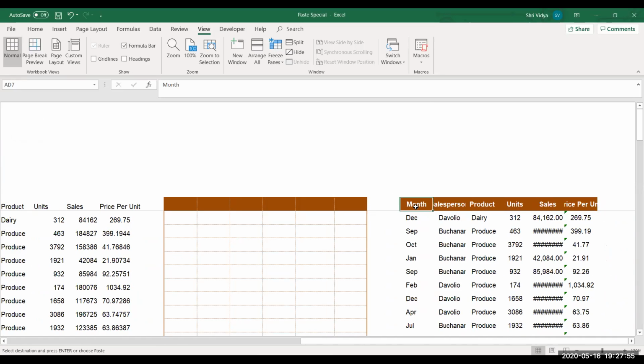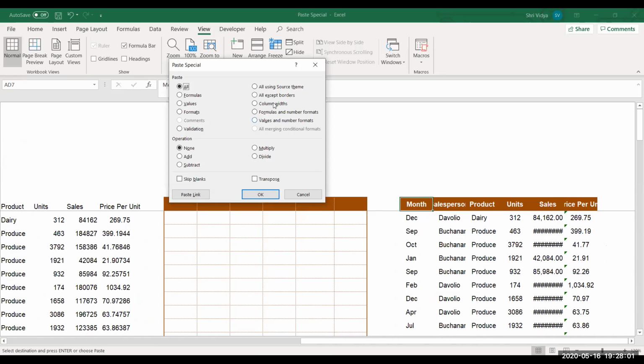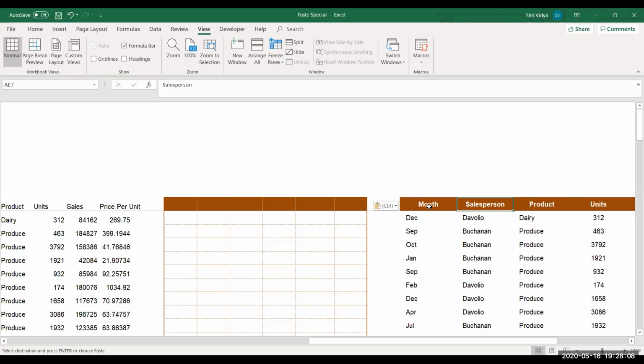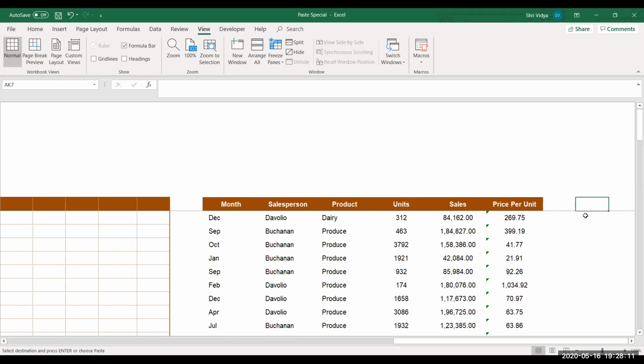Just select the same cell where you pasted this data and again try pasting it as column width. So you have an option column width. Just click OK. You can see the column width is applied. So if you just paste the column width, only the column width will be adjusted. No data is pasted here. In order to see the change, you need to first have the data. And there is no way that you simultaneously paste both the values and the column width. You have to paste twice. There is no other go.